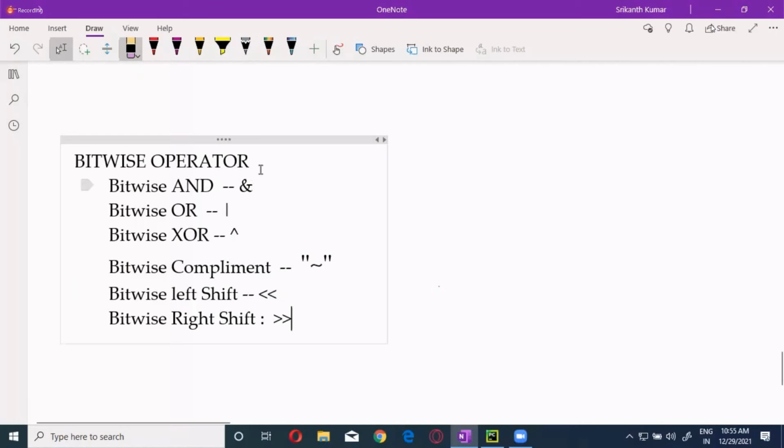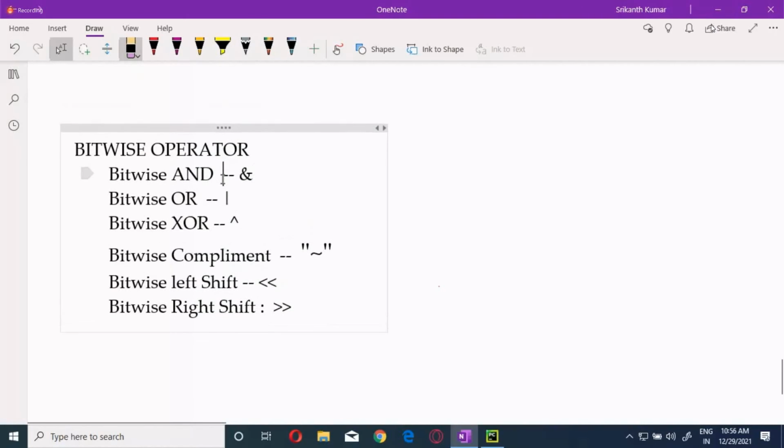So in a simple nutshell, earlier we were implementing the operators directly on the integer values. In this case, we are going to convert the existing normal decimal values into binary values, and then implement the bitwise operators. So bitwise operators are specially implemented on the binary form of the value. Remember that, on the binary form of the value.